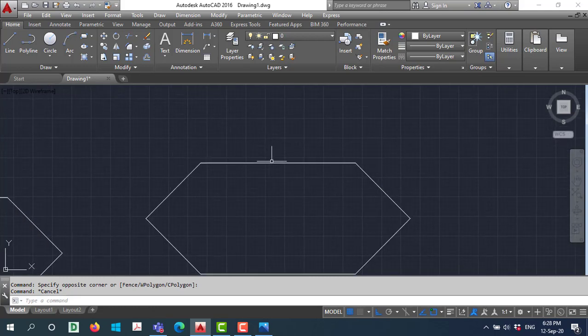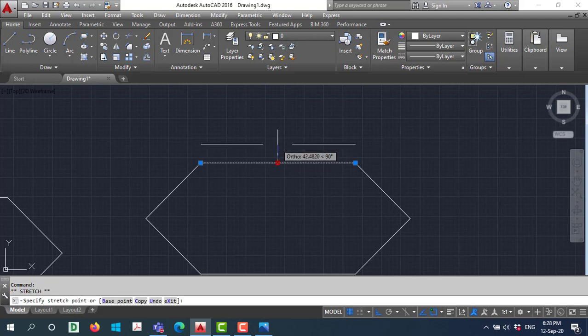Now if I select, let's say, this line, what are these points? These are called the grips. If I click on, let's say, the middle grip, it becomes red when I highlight it. Now if I click on it, I can move it. I can go to the left, I can go to the right. Now why is it going up and down just perpendicularly? Because ortho is turned on. If I turn on the polar, you see, it's not perpendicular anymore,